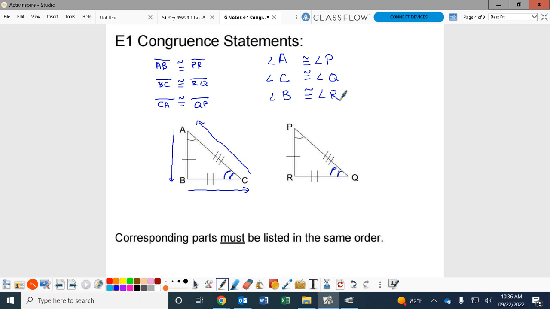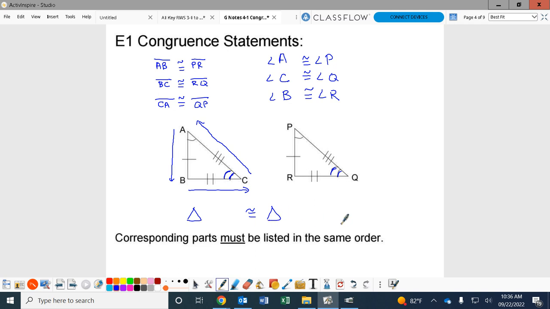Now, those are the congruency statements for the angles. They're going to ask you about that. And these sides, they're going to ask you about that. But there's one other type of congruency statement that's going to be more important for the whole chapter. You do this all chapter long. And that is what's called a triangle congruent statement. If you write that one triangle is congruent to another triangle, and you name it, you've got to name it